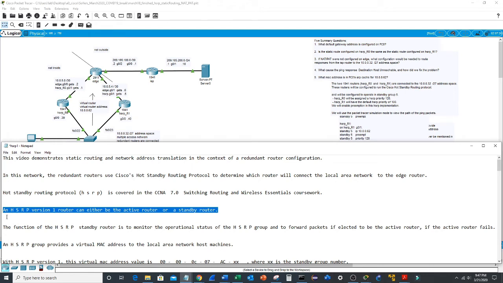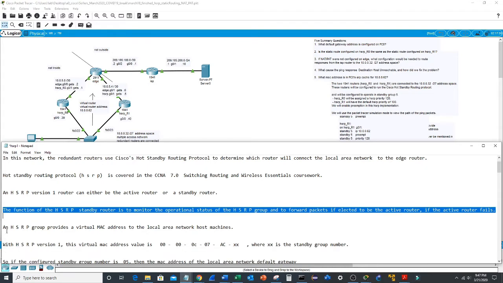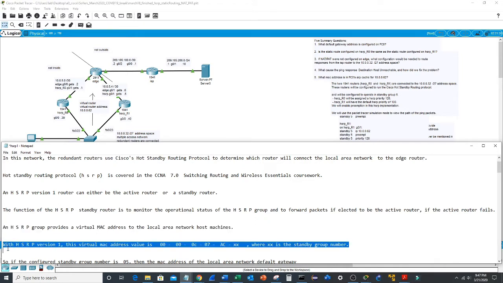An HSRP version 1 router can either be the active router or a standby router. The function of the HSRP standby router is to monitor the operational status of the HSRP group and to forward packets if elected to be the active router if the active router fails. An HSRP group provides a virtual MAC address to the local area network host machines. With HSRP version 1, this virtual MAC address value is